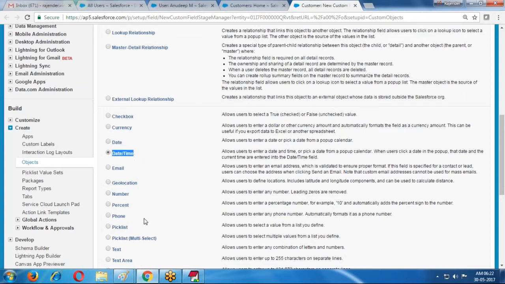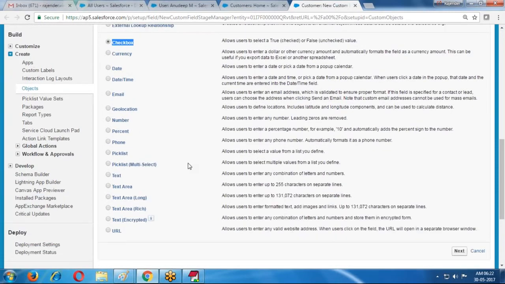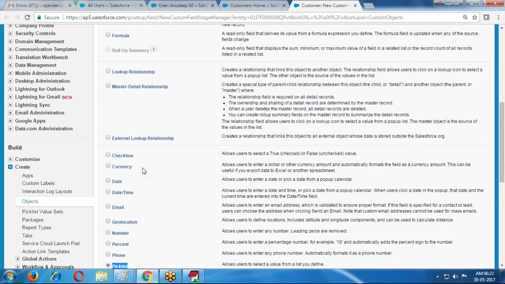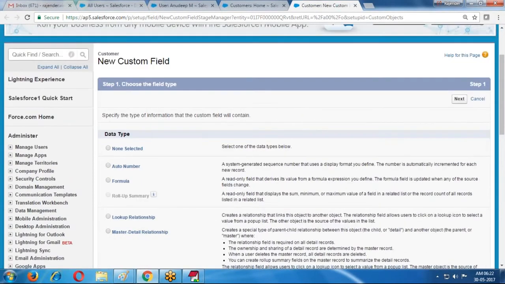Suppose if you want to store the phone number, then phone number type is required. If you want to store the email, then email format is required. If you want to check whether this customer is an active or inactive customer, then we are using a checkbox. Suppose I want to display the account types, saving account, current account and NRI accounts. At that time, we need to display multiple items, so we are selecting the pick list type. There are different types of data types we have. Based on your requirement we are selecting one data type.